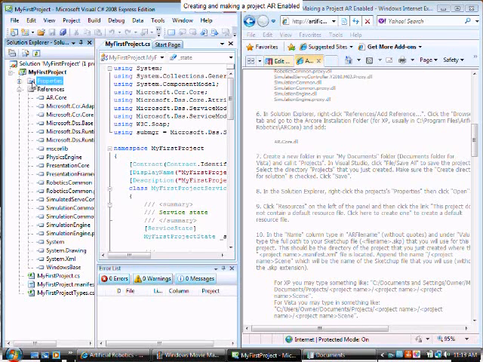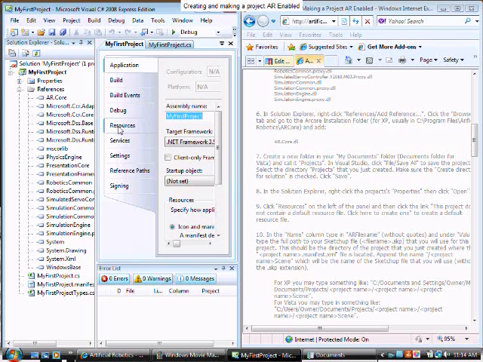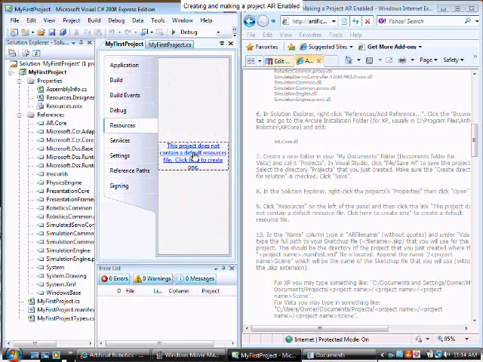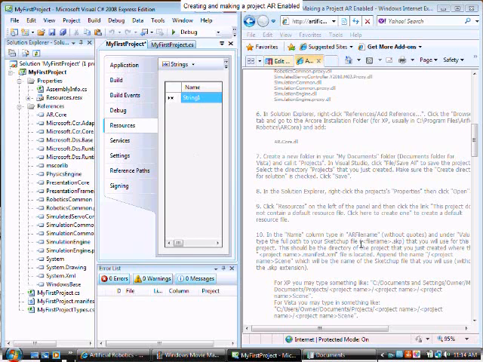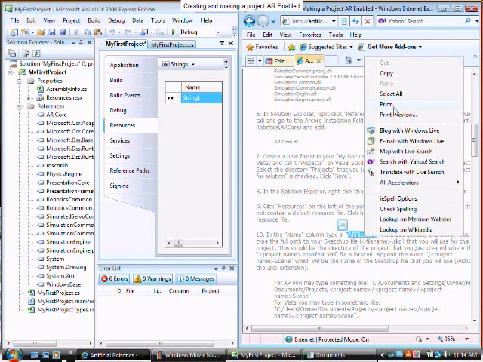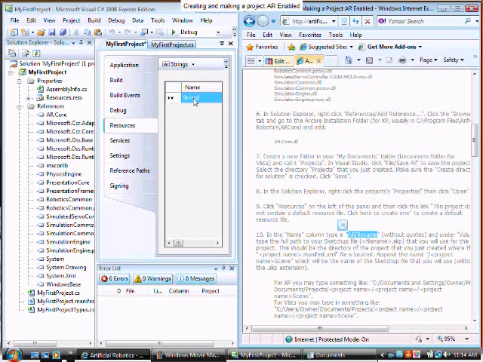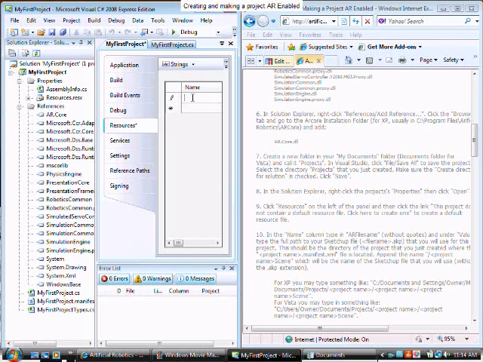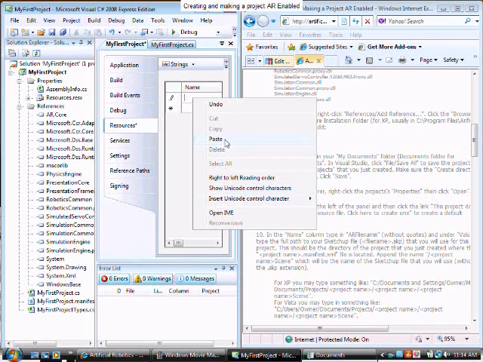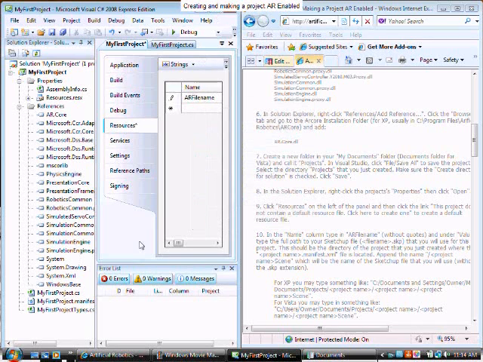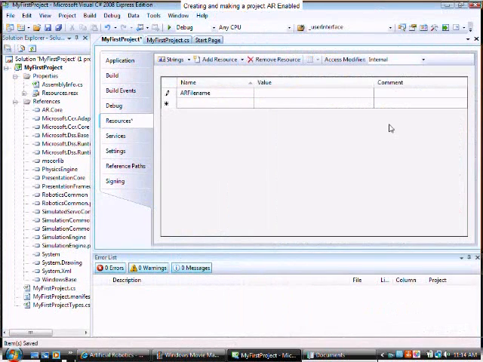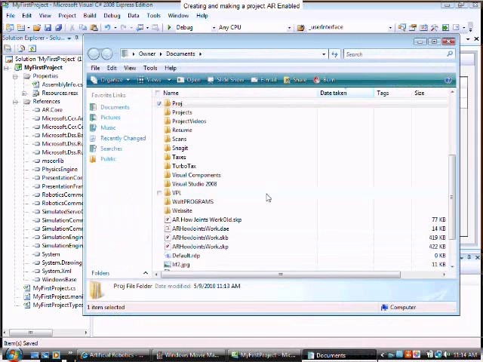Next, I'll click properties for the project and open. Go down to resource and click this link. And I'll get the name AR file name, and paste it under name. And next, let me make this larger so you can see it. Under value, I go to the documents directory